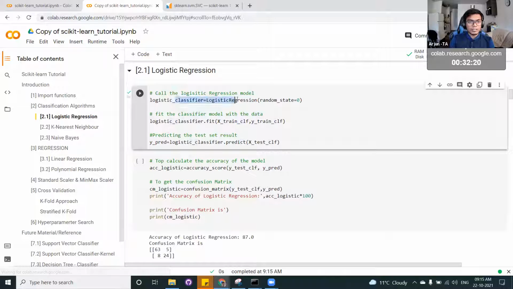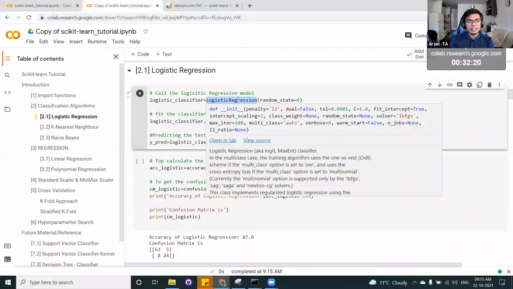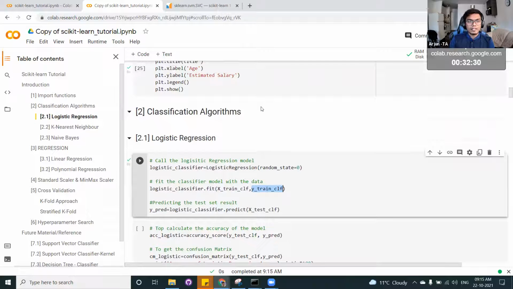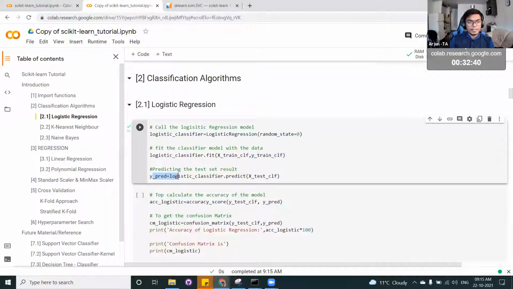Using scikit-learn, you can call this function and store it in a variable, and then use logistic regression dot fit, passing X train and y train. Then y prediction is logistic regression dot predict, passing the test data set.